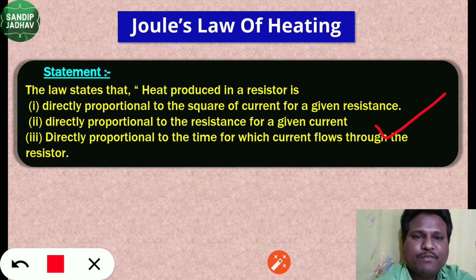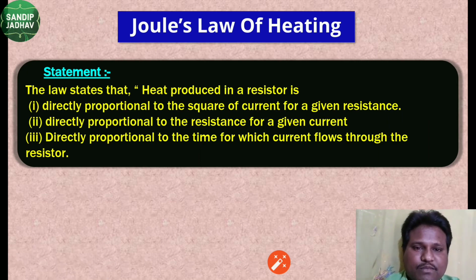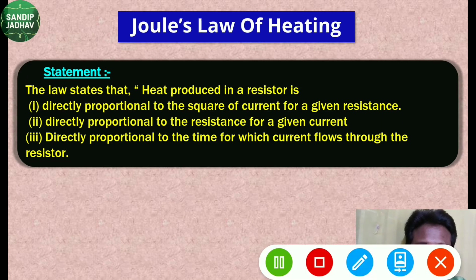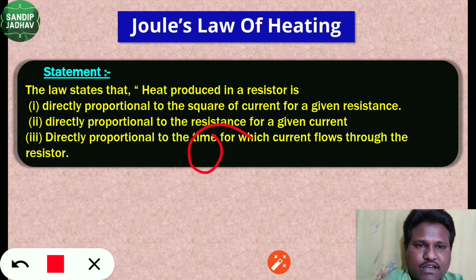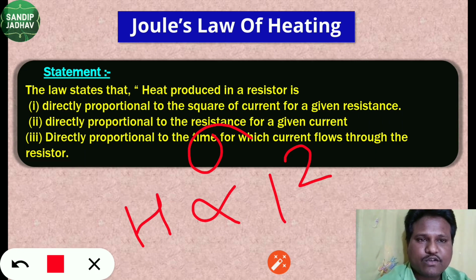So we can frame the proportionality according to Joule. Heat energy produced is also directly proportional to the resistance of a given circuit. And obviously it depends on the time also. So heat energy produced depends on 3 quantities. One is current, another one is resistance, and the third one is what? Time. So we can write like this: H is directly proportional to I square, that means heat energy produced is directly proportional to the square of current.